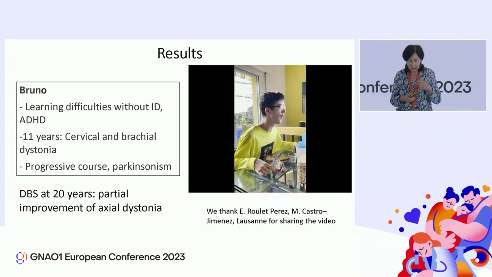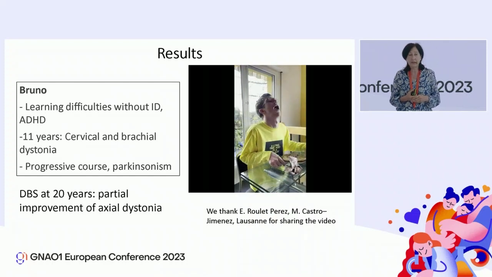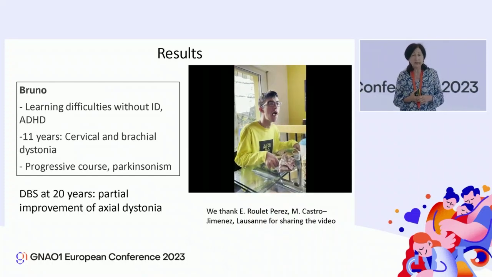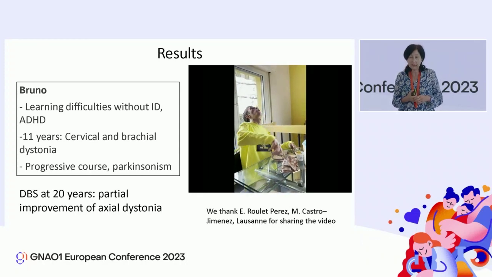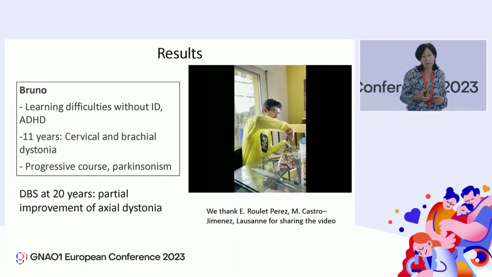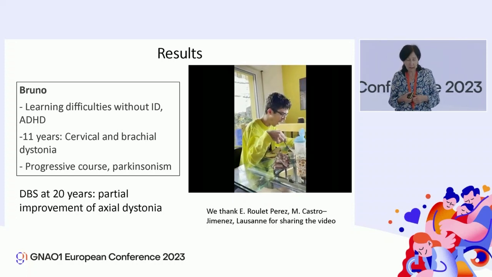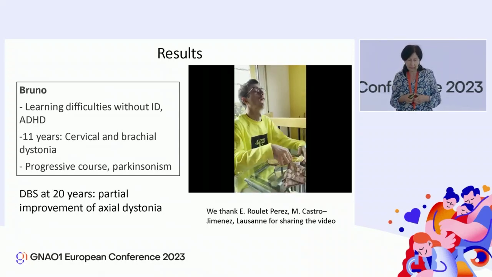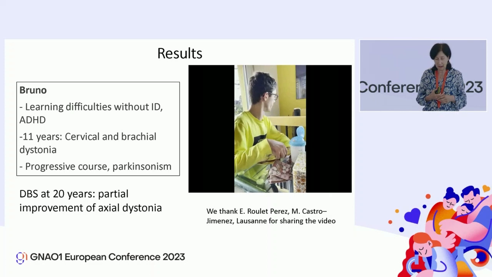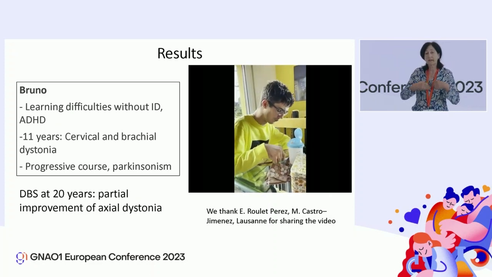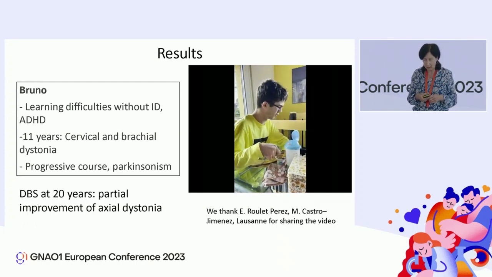Here's Bruno, a 20-year-old patient. He presented during childhood learning difficulties with ADHD, but without intellectual disability. Methylphenidate was introduced with some benefit, but it was stopped when he was 11 years. Then he presented brachial writing difficulties and cervical dystonia. Methylphenidate was reintroduced, but without effect, and the dystonia increased,